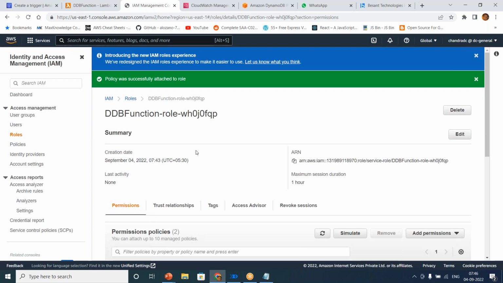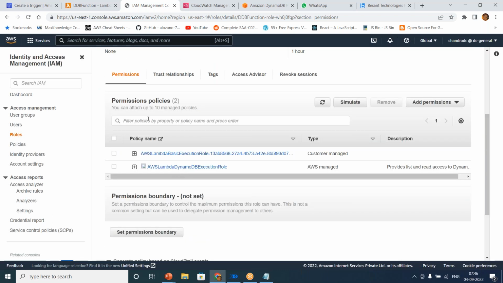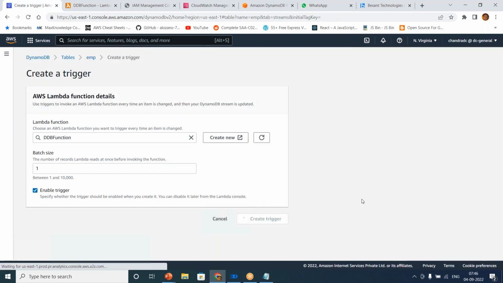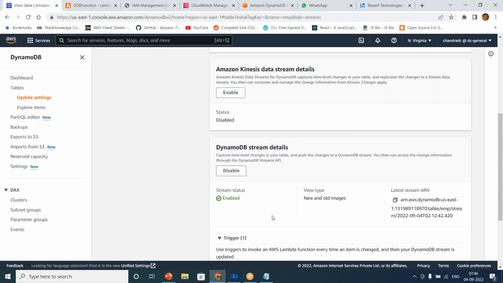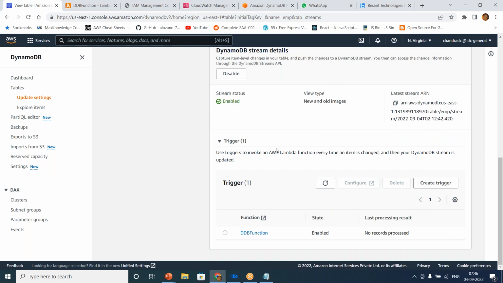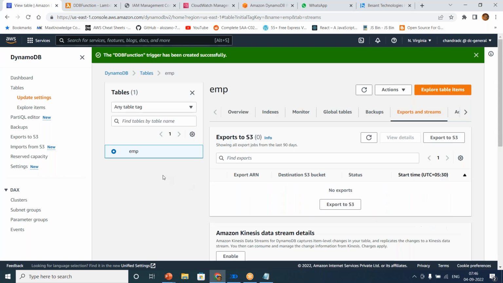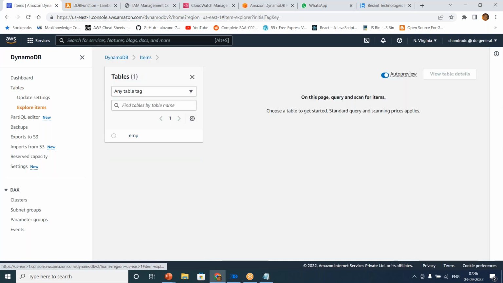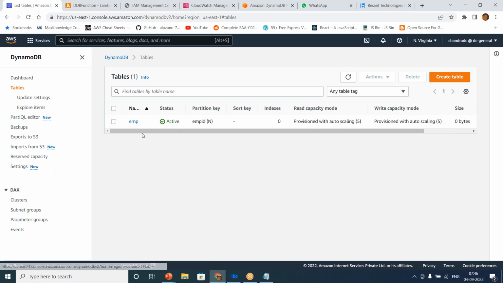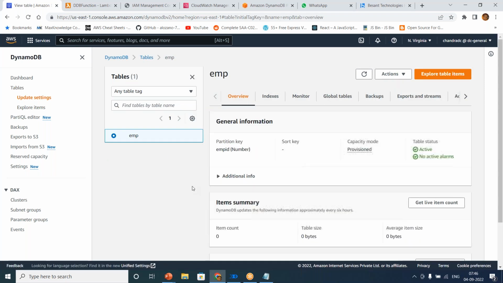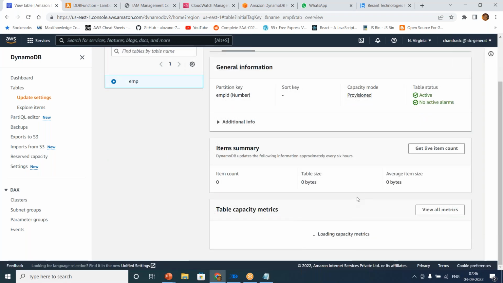So what will happen? Your Lambda function now has a role which has these two policies. Now go back and see if you can create a trigger, right? You are able to create it because it has the right permission to access the stream. Okay, now what are we going to do? Let's go back to our table or explore items, right? Go to the table, click on this one, okay, and